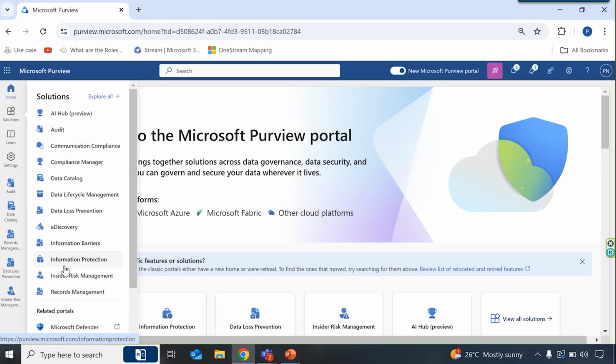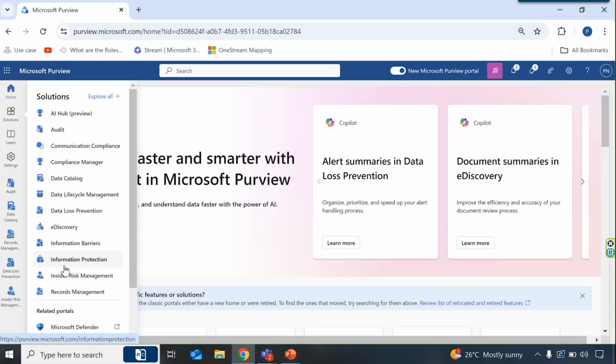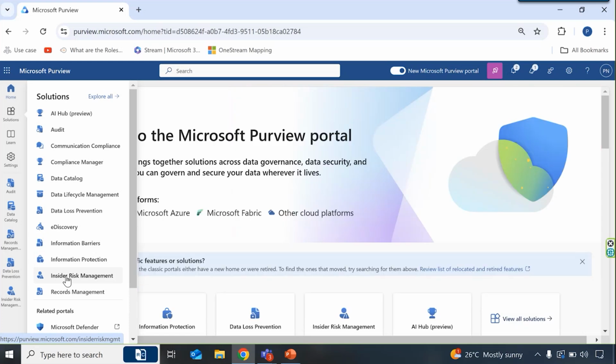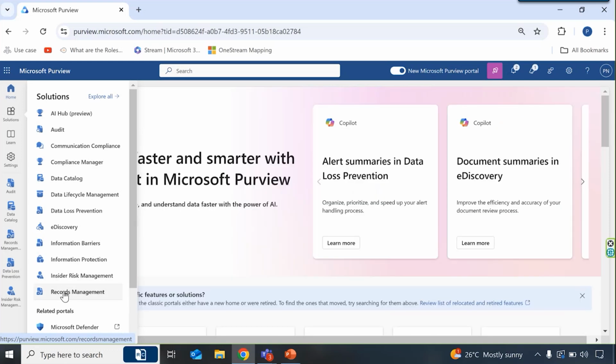Information protection helps keep sensitive information safe, right? It ensures only authorized people can access it. Risk management monitors employee actions to spot potential risks, right? And records management ensures records are kept and disposed of properly, helping with compliance and organization, right? It manages records through their entire life cycle,